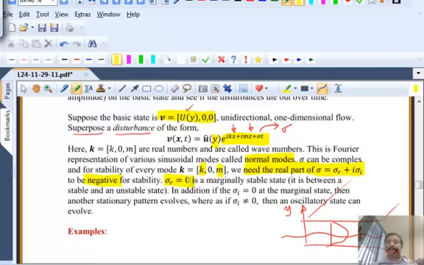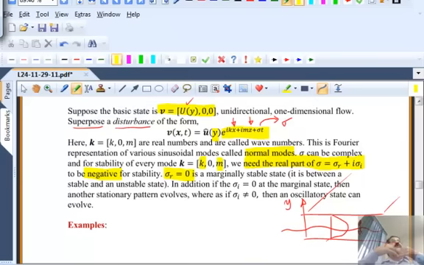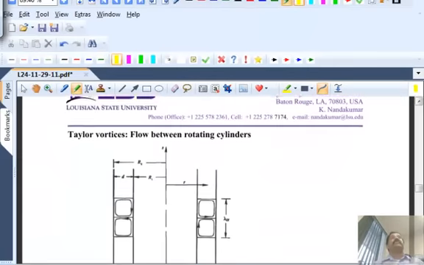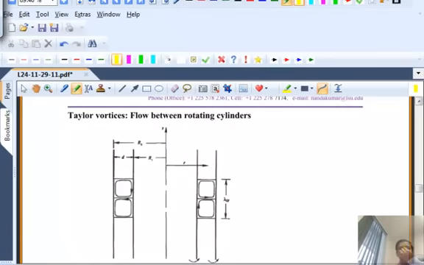So the idea is translated now to a partial differential equation. So the math is going to be nothing new. We have seen it before, but we are going to outline the steps involved in there. Now, this kind of analysis has been done for a number of problems. I think at the beginning of the course, we already saw that Taylor